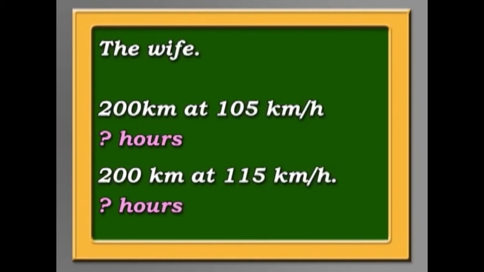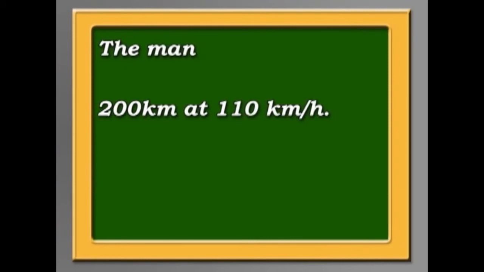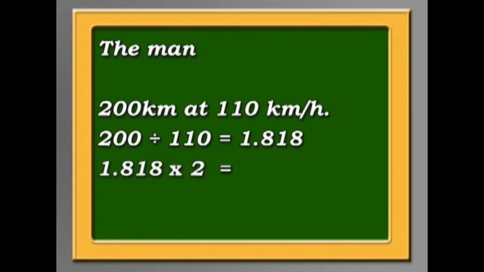Now, if you're having difficulties with this problem, let me help you. The man drives 200 kilometers at 110 kilometers an hour. So if you divide 200 by 110, you get 1.818 hours. But of course, he drove another 200 kilometers at the same speed. So we have to multiply 1.818 by 2. That gives us